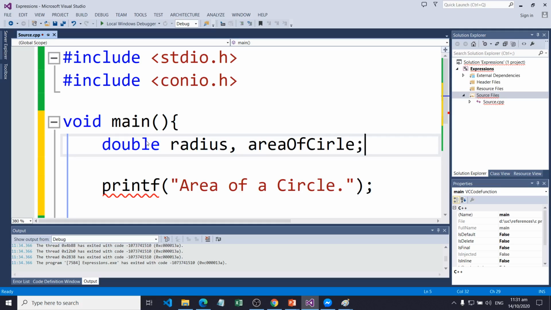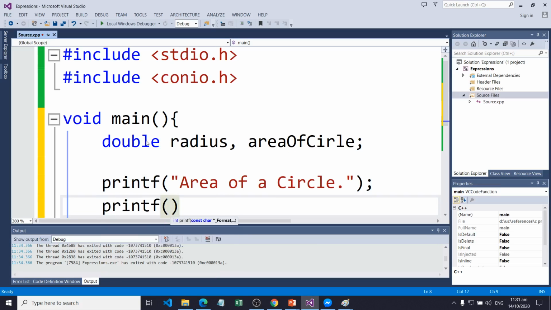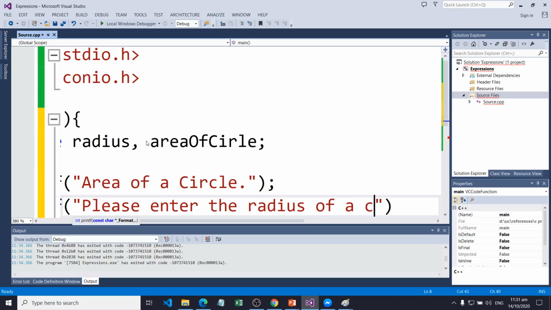So here we will be asking the user to enter the radius. Please enter the radius of a circle.